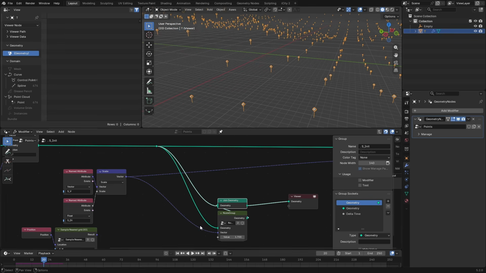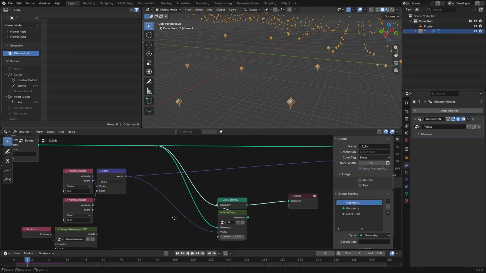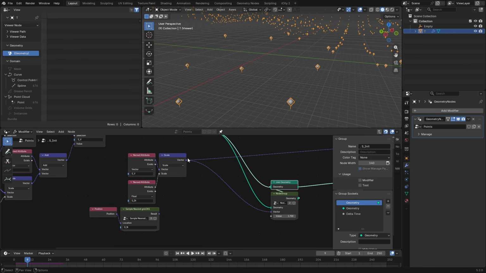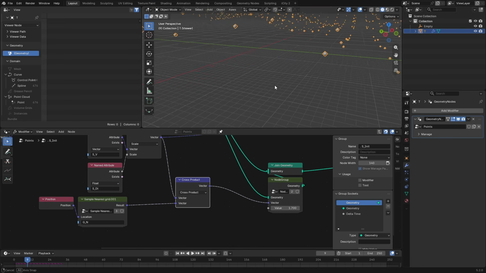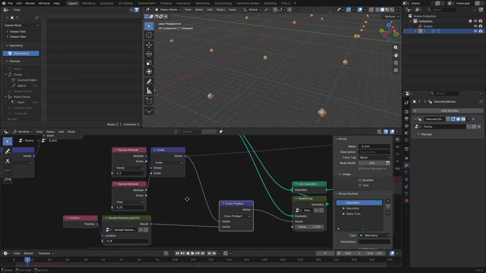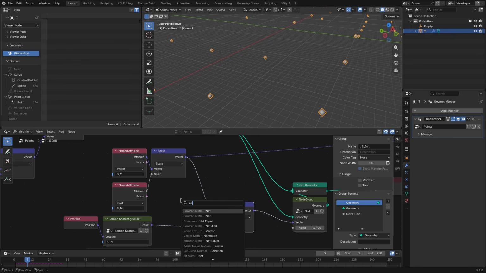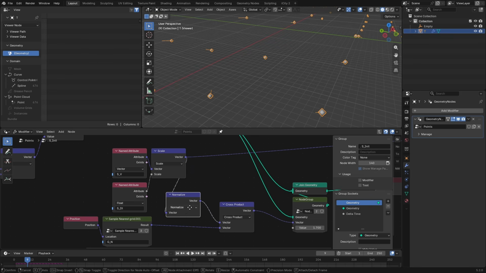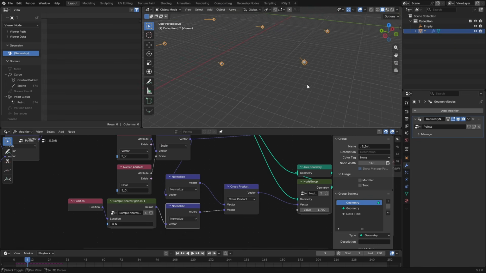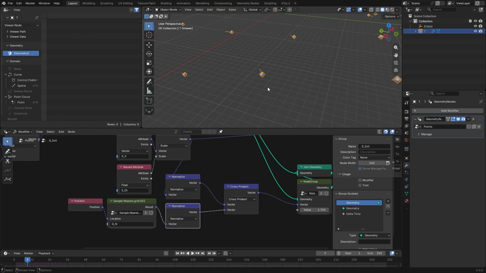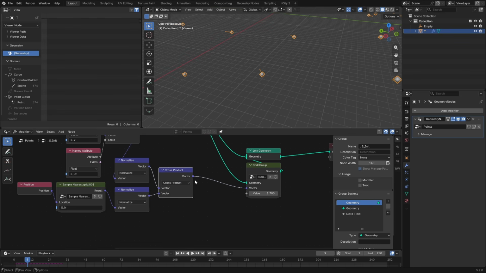It's right now moving down. We want it to move with the surface, so we will cross product this one with this one. That will produce, of course, both of these need to be normalized. Normalize and normalize. This will give us a vector that is perpendicular to both of these, and we can